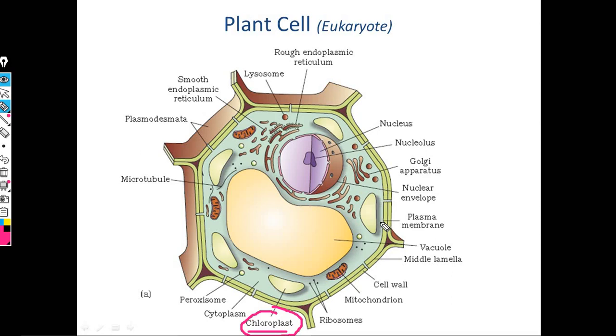The first layer that I'm observing is the cell membrane, the plasma membrane, definitely the first layer. That was present in the animal cell also, but in the plant cell you observe another layer, and that is called the cell wall. Cell wall is absent in the animal cell but present in the plant cell. So the first layer is the plasma membrane, the second layer you are observing is the cell wall.